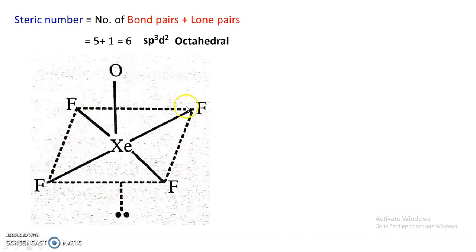Out of 6 corners, the 4 corners occupied by fluorine, 1 corner occupied by oxygen, and 6th corner it is occupied by the lone pair. So this is the possible arrangement. But important thing is the lone pair of electron at one of the axial position causes some distortion in this octahedral structure, and therefore the xenon oxo